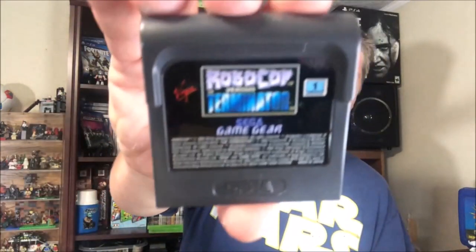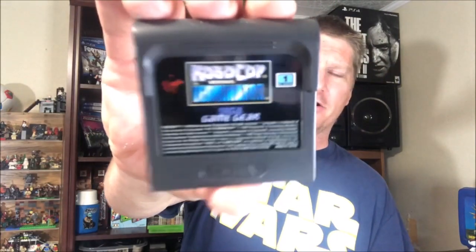However, there were a couple vendors there selling video games. One guy sort of had a mix of stuff. He had a Sega Game Gear and some games. I said, how much are the Game Gear games? He goes, I don't know, man. $5 each. Cool. So we picked up RoboCop versus Terminator. Not crazy, but that one game will sell that and we'll pay for this one,